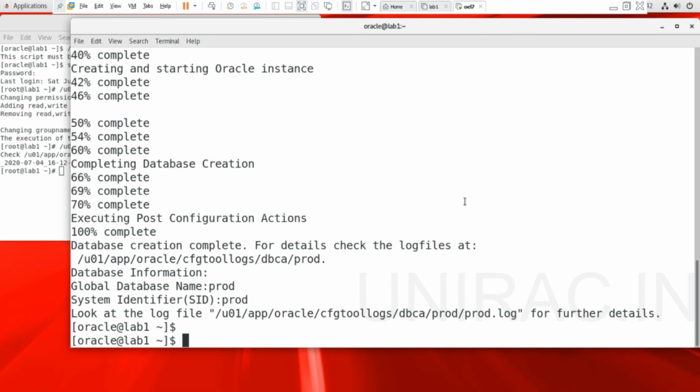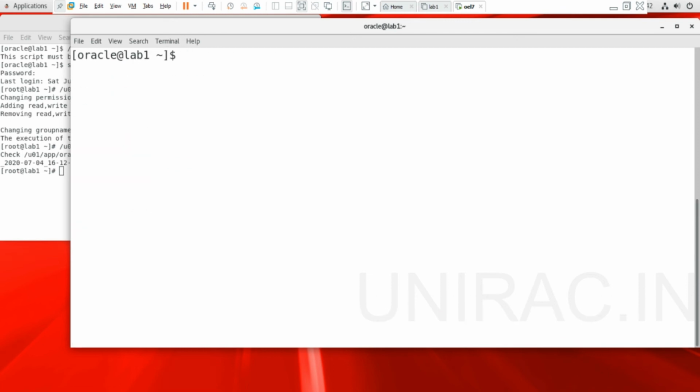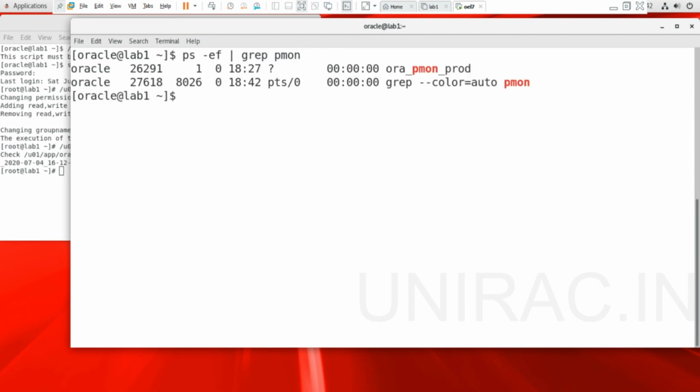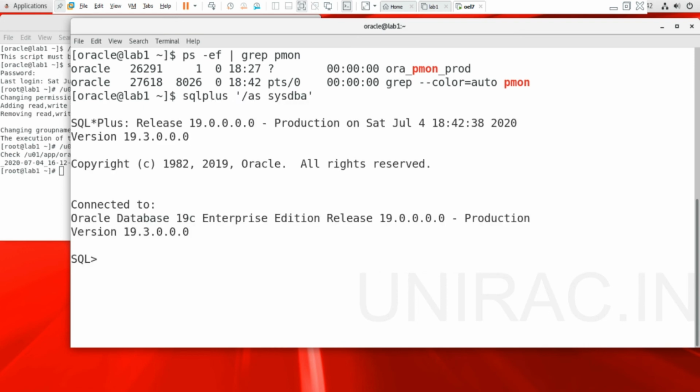Now let's log into the database. We can see our instance up and running with the pmon, the prod instance. Log into your database. Yes, it's up.